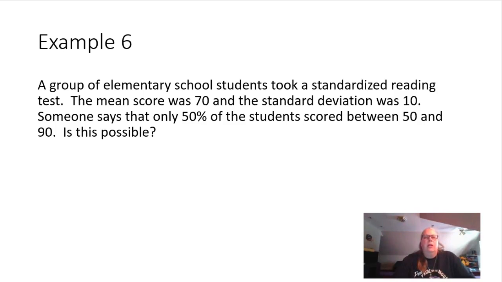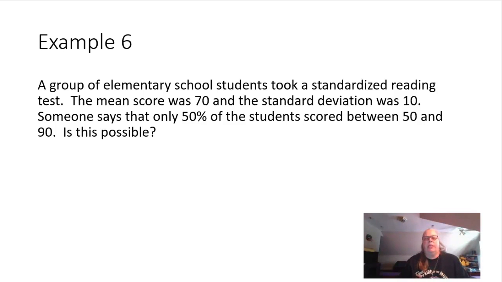Example 6. A group of elementary school students took a standardized reading test. The mean score was 70 and the standard deviation was 10. Someone says that only 50% of the students scored between 50 and 90. Is this possible? Okay, first of all, we can't use the empirical rule on this because we don't know that